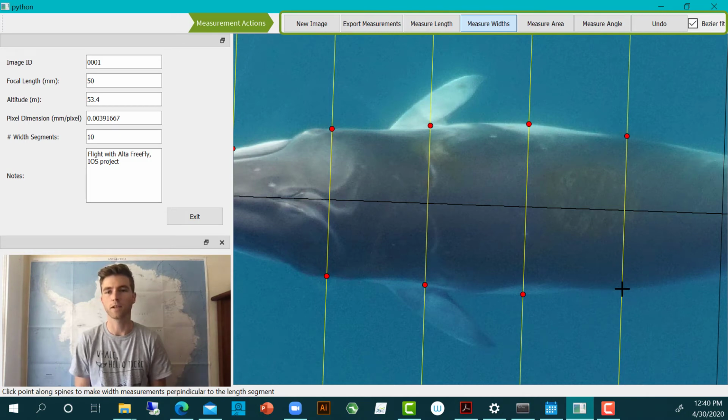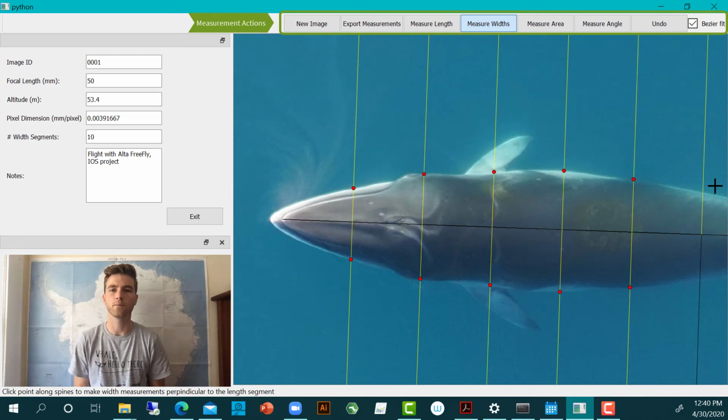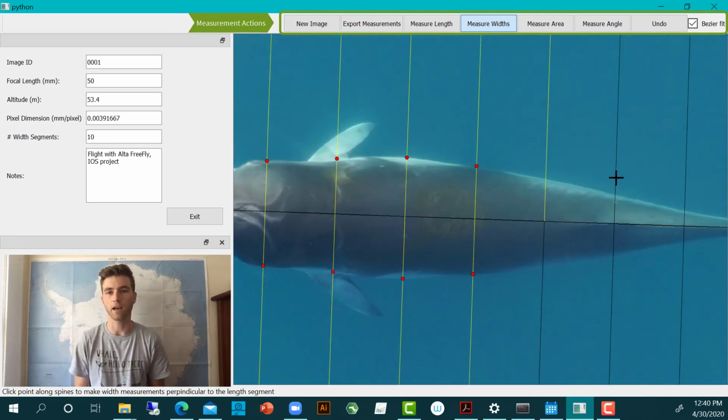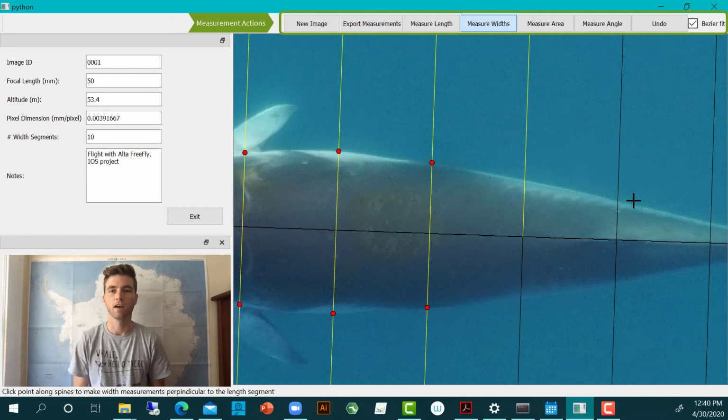So keep working our way down the whale. And let's say we accidentally hit a point off of that line. So like here, like we accidentally click over here, and you can see that the dot is not where it's supposed to be. Well, that's where the undo function comes in, and it automatically erases that point,